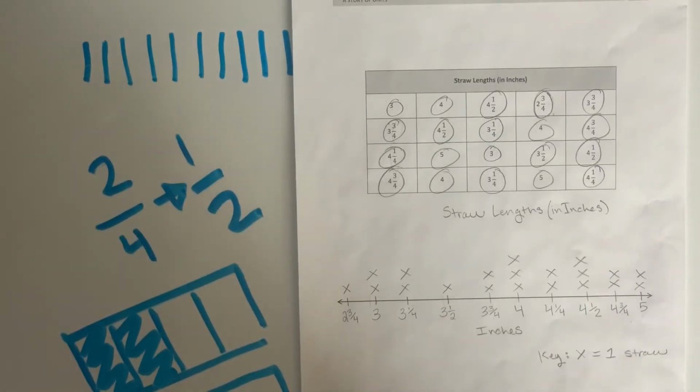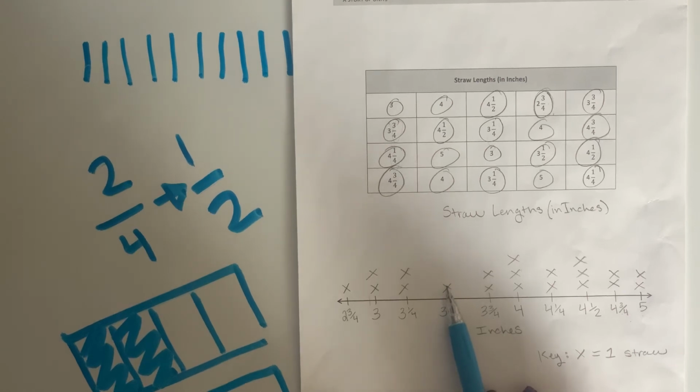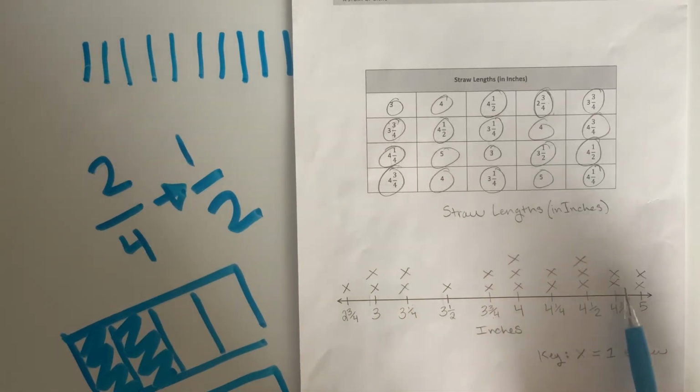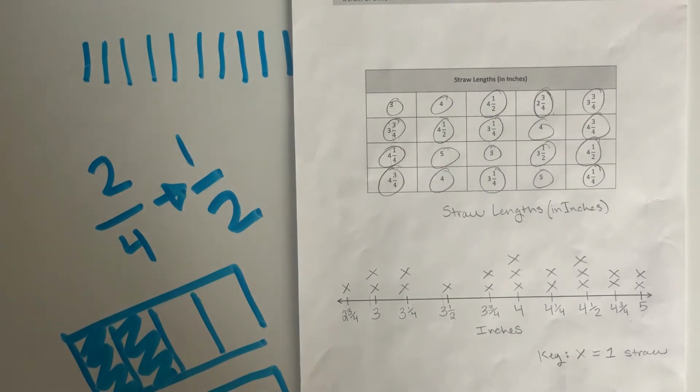Well, now I want you guys to answer. You're going to have to pause the video to answer this question. How many straws were taller than 3.5 inches? Go ahead, pause the video and answer that now. So to find out that answer, we want to find all the straws that are taller than 3.5. So we're not going to include 3.5 because 3.5 is not taller than 3.5, right? But 3 3/4 is taller than 3.5. So let's start at 3 3/4. 1, 2, 3, 4, 5, 6, 7, 8, 9, 10, 11, 12, 13, 14. So there were 14 straws that were taller